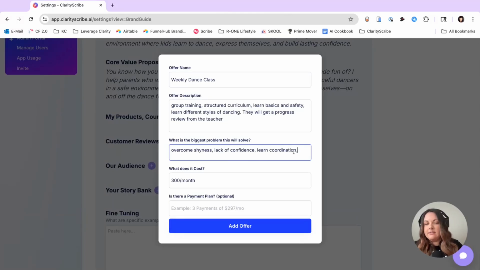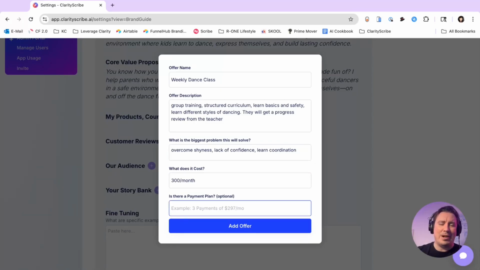Anything else? Nope. Okay. And you said $300 a month? Yes. Okay. Cool. And is there a payment plan? We could offer an annual package in the payment plan. Yeah. So annually, maybe there's some kind of a benefit to that. I think one fairly well-tested model is you take 12 payments and remove 2 of them, and that's their annual rate. So 300 times 12 would be 3,600. So 3,000 for the year.